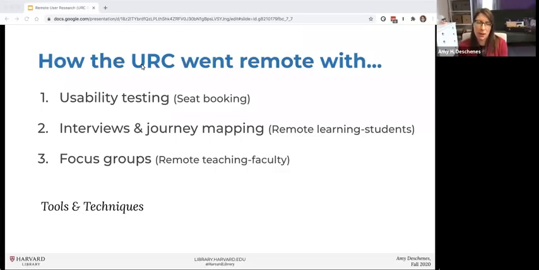Did some journey mapping with them to better understand how remote learning has impacted the way they're completing course assignments. And then finally, like I mentioned, I will talk about that faculty focus group and how we made some changes and provided a little bit of clear structure for conducting a focus group over Zoom. And as I go through, I'm going to talk about some of the different tools we used and the techniques. No surprise, for all of these, I'll talk about Zoom, but different parts of Zoom and the things we learned from each of these examples.